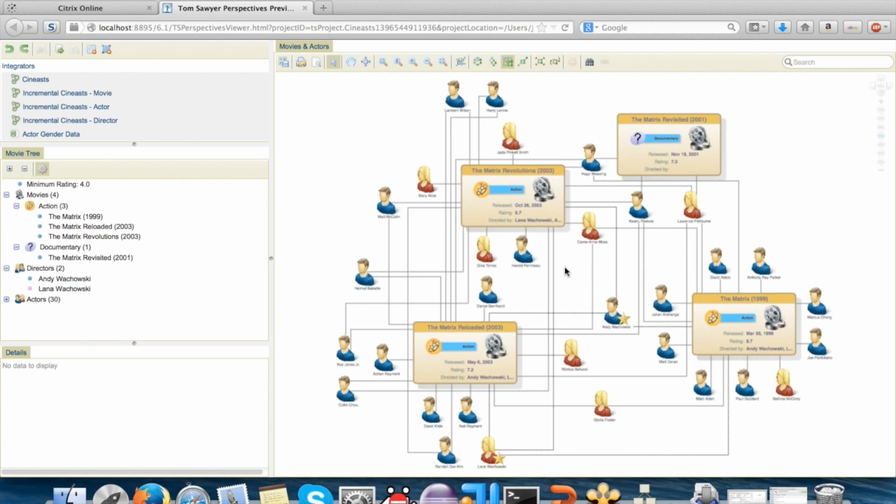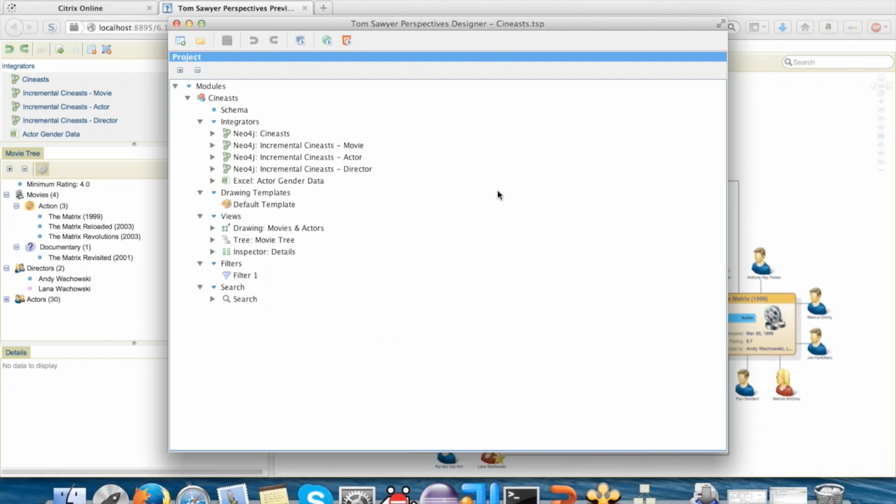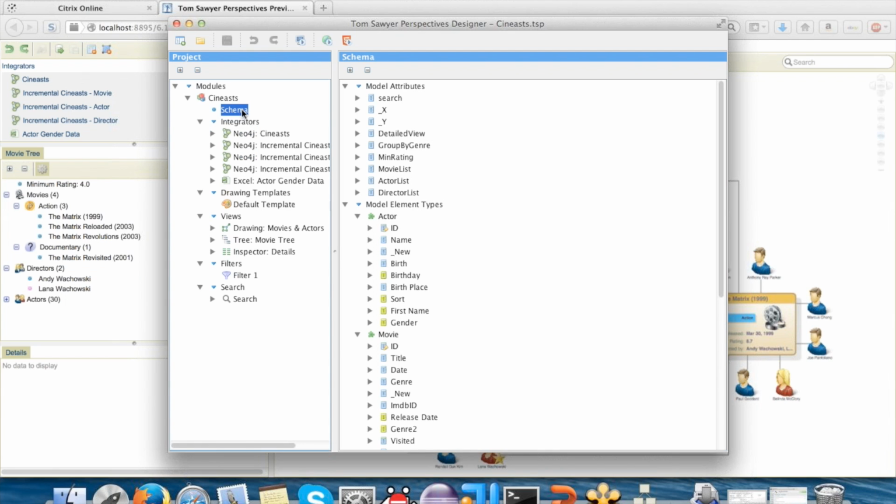So let's jump back into the project level and talk about how this all happened. So here we are back in Designer. Everything in Perspectives starts with a schema. Neo4j obviously is schemaless. However, in terms of defining your visualization, there are typically a set of core attributes that